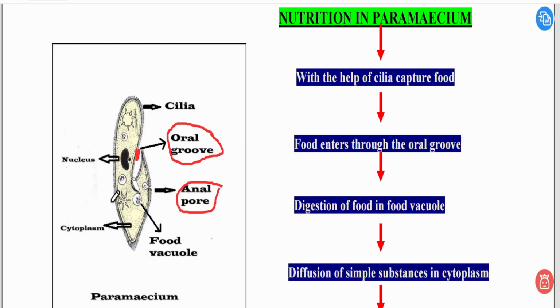अभी देखिए, पैरामीशियम की एक विशेषता है कि इसके पास हेयर लाइक स्ट्रक्चर्स हैं, जो बॉडी सरफेस पर देखने को मिलेंगे। अभी फर्स्ट स्टेप देखिए, विद द हेल्प ऑफ सीलिया दे कैप्चर फूड। इसी हेयर लाइक स्ट्रक्चर को सीलिया बोलेंगे। जब फूड पार्टिकल इस सीलिया के पास आएंगे, तो ये सीलिया इसको पुश करेंगे, और पुश करके ये ऑरल ग्रूव के अंदर चला जाएगा। नेक्स्ट स्टेप आप देखिए, फूड एंटर्स थ्रू द ऑरल ग्रूव।